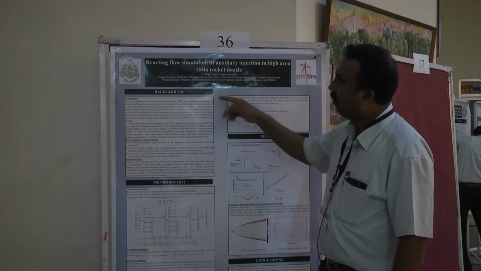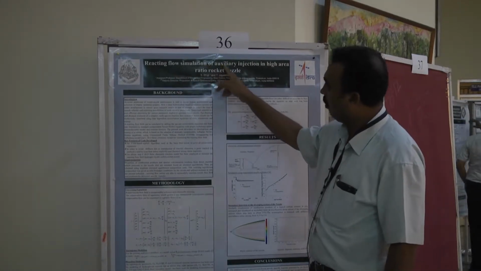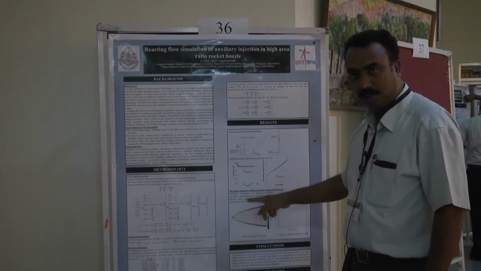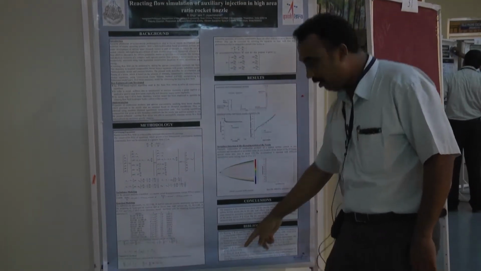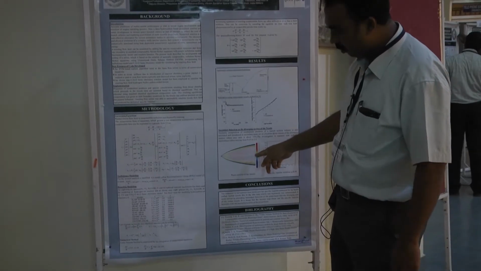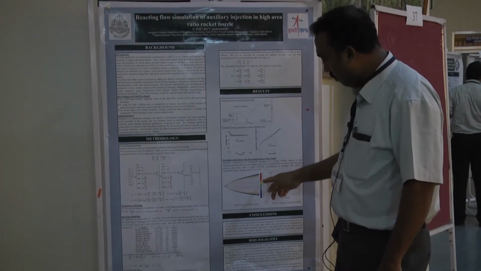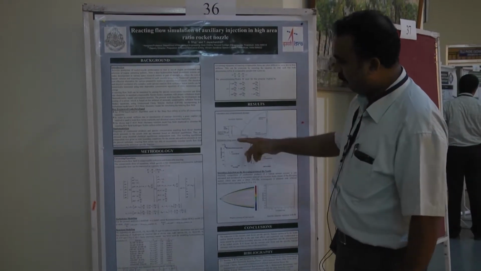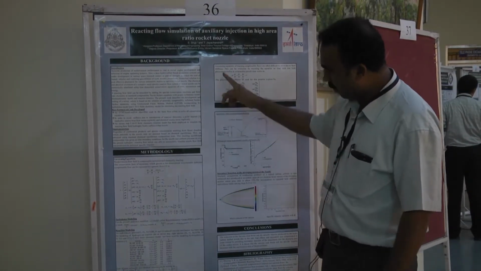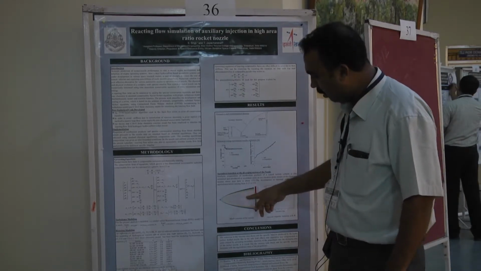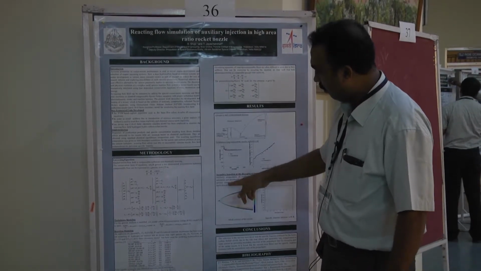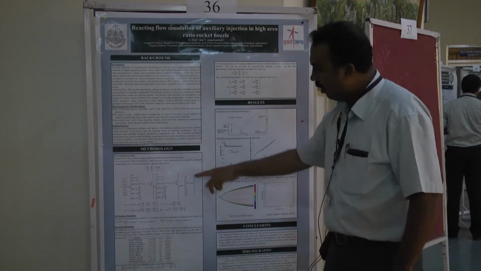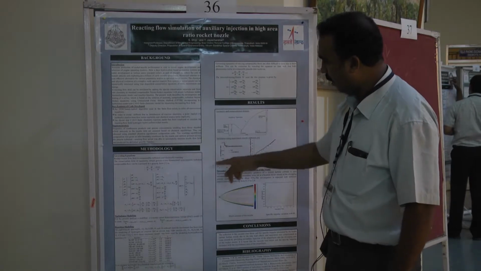My name is Shaiji. My research topic is reacting flow simulation of auxiliary injection in a very high area ratio nozzle. So this is a very high area ratio nozzle developed by NASA back in 1987, and the area ratio is around 1000. Theoretically we expect a Mach number of 10.3, but practically we are getting only 8.3 here. Right now I am simulating the flow in this particular very high area ratio nozzle, and I have the validation results from the NASA TP, and based on the hydrogen oxygen mechanism we are getting around 500